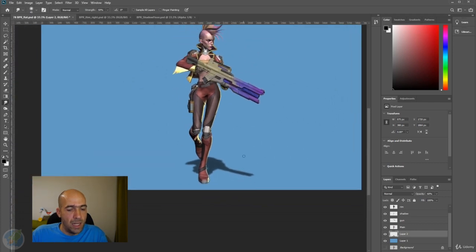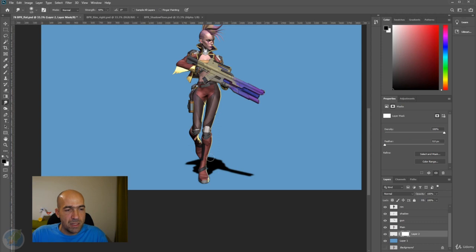Alright. And now what I will do is the opacity, I will dial it down, dial it up so it will be completely black, and then I will add a mask from this icon here down. Add a mask, which is a white mask, doing nothing for now. But if we draw on this mask with black,